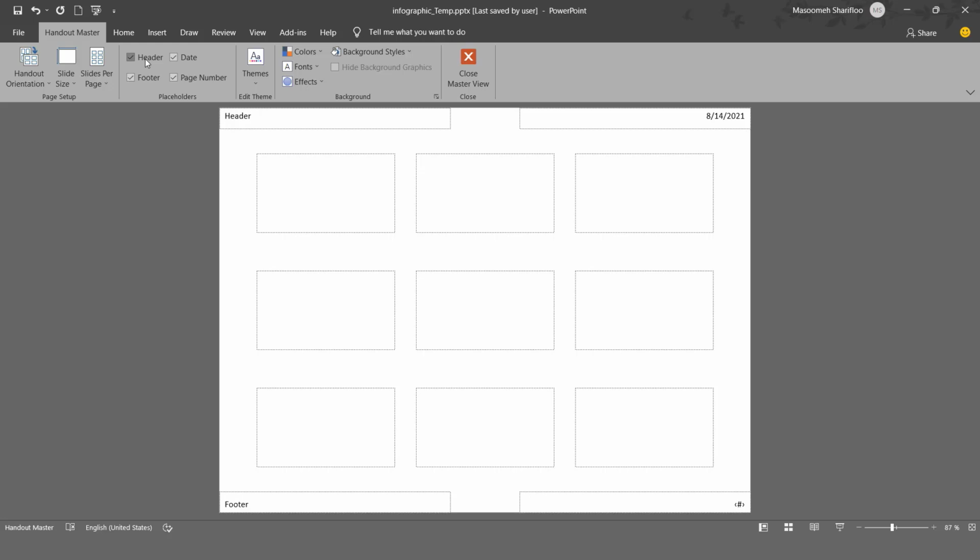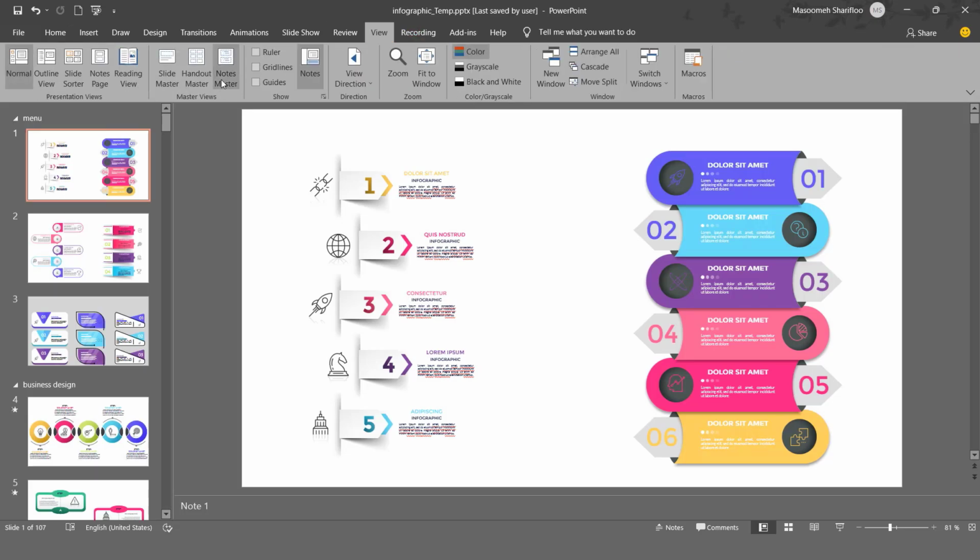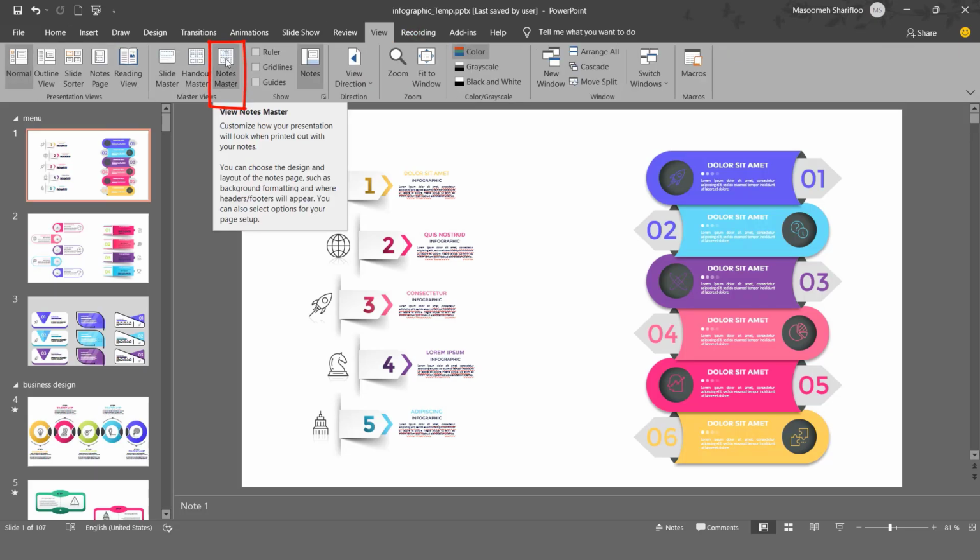If you don't want a header, you can delete the tick here. Also, you can do the same if you don't want the date, page number, and footer. You can decide whether the date remains or not. And then if you want to exit, click on Close Master View, and then by the help of the Notes Master option,